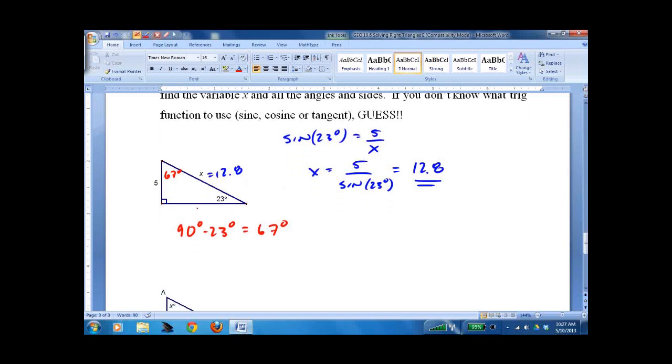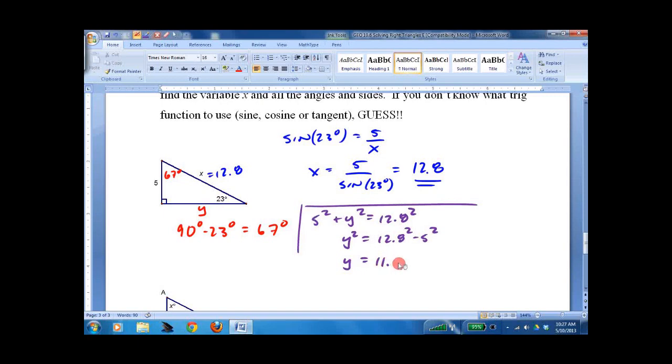Now I need to find this side, which I will call y. So we can find y a couple different ways. We can do Pythagorean theorem, 5 squared plus y squared equals 12.8 squared, and solve it. Y squared equals 12.8 squared minus 5 squared. I get 11.78, and I've rounded to 2 decimal places on purpose, because I could have also done